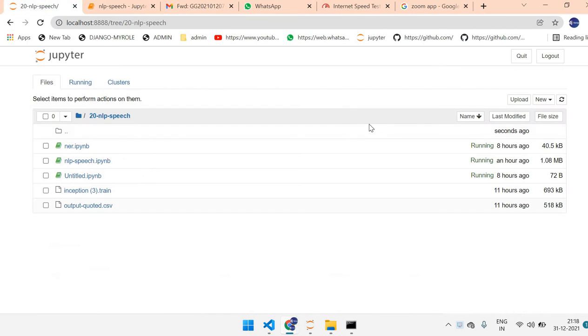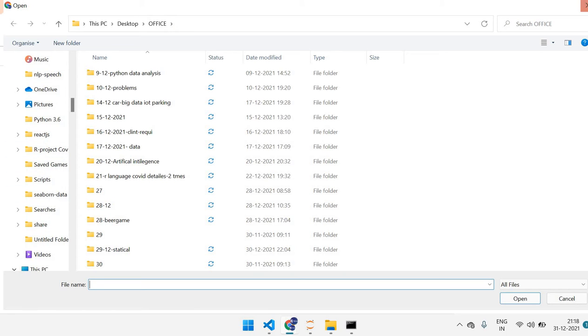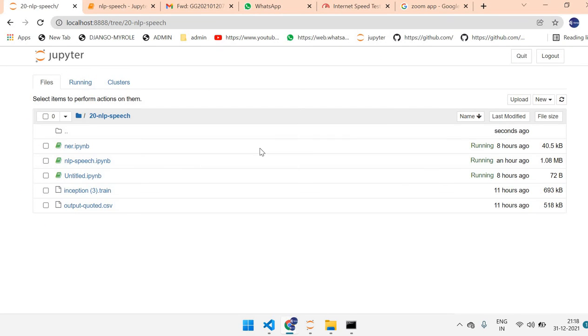Before that, you have to upload your database in Python, since Python supports NLP, so that's why I'm using NLP with Python. Natural language processing. I think you know a little bit of information. You have to upload your database. Where is your database? I already uploaded the database. Once you upload your database, you can start the work. See here.